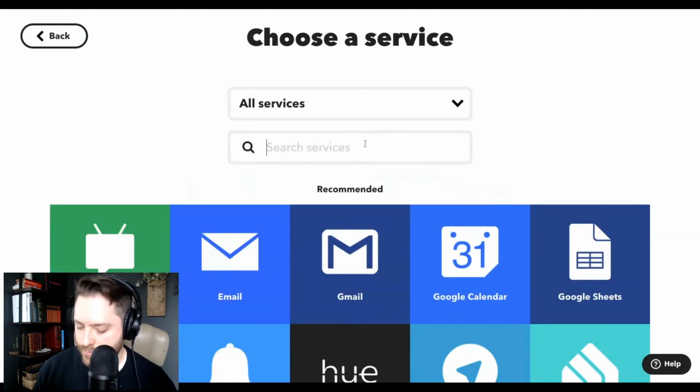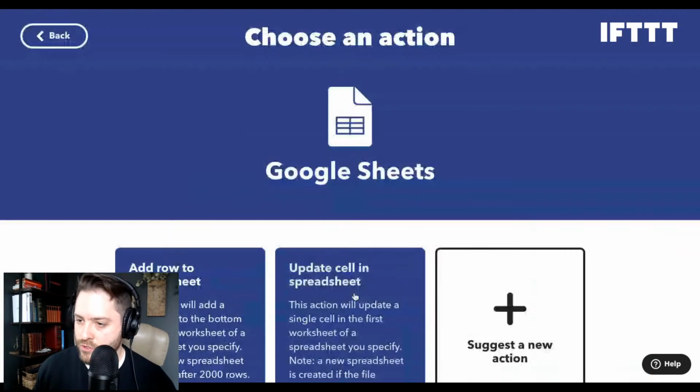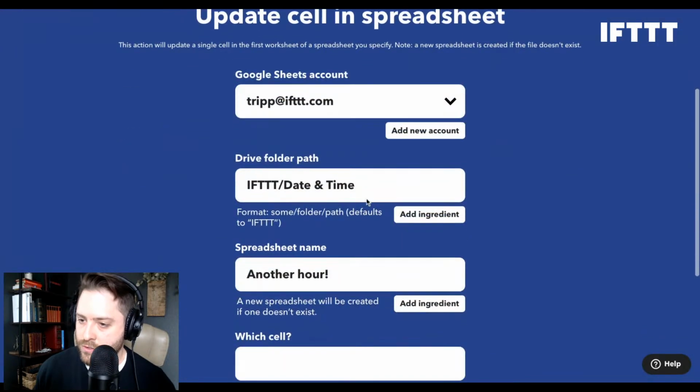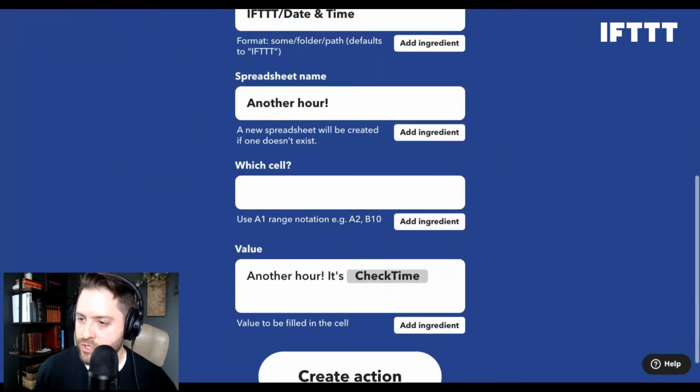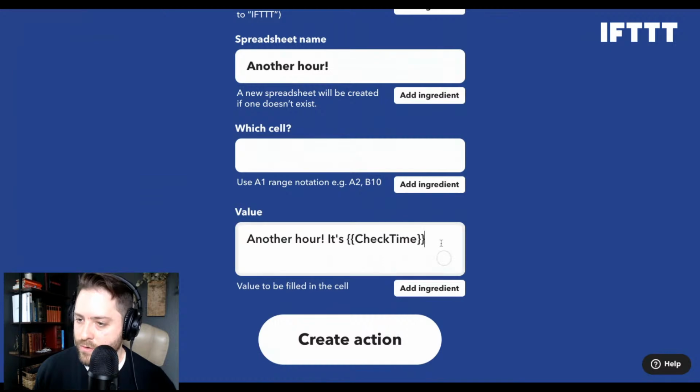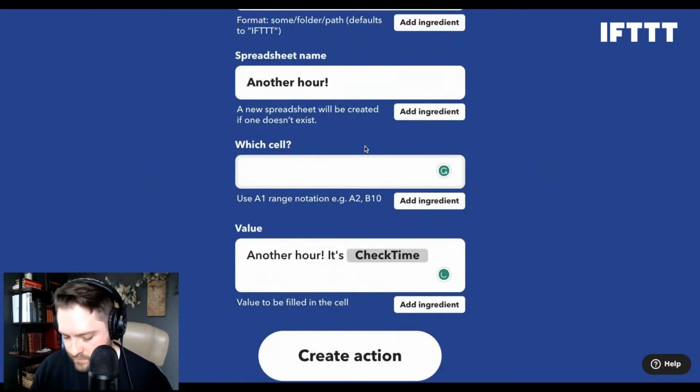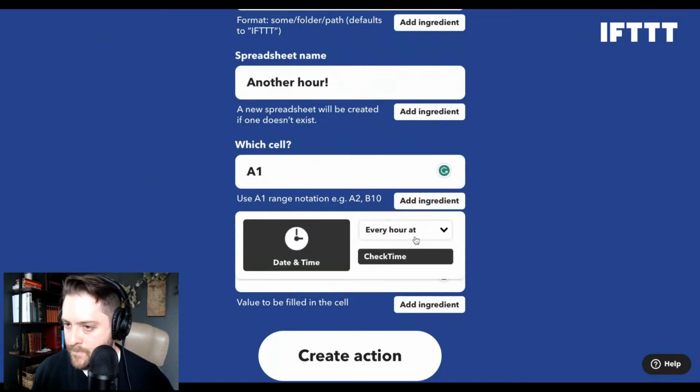Let's do another Google Sheets update. Spreadsheet name is another hour value. Okay, cool.